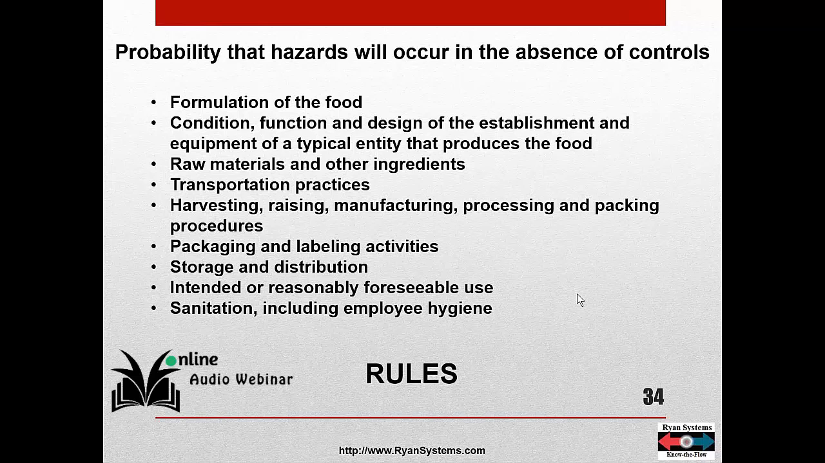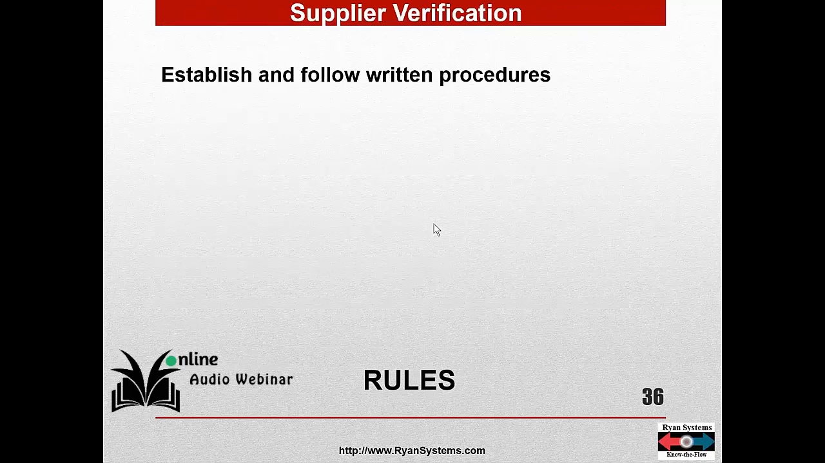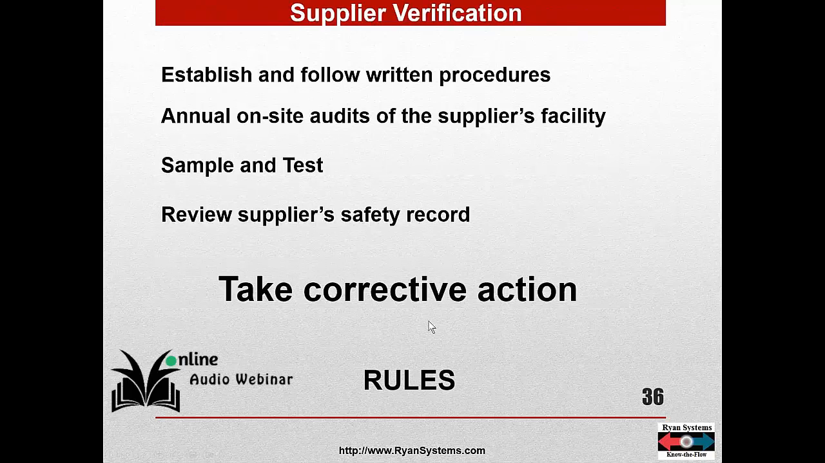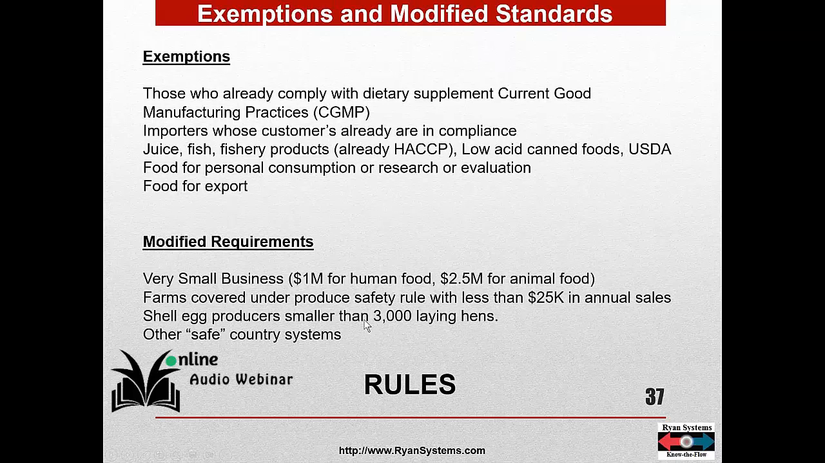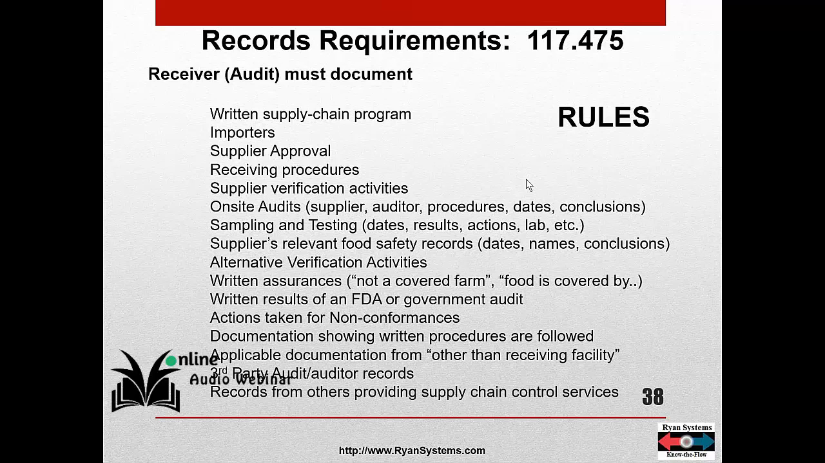Sanitation, including employee hygiene, is not under control. This typically occurs on farms and in distribution. You're going to hire an external auditor, right? Supplier verification. That looks bad. I would jump on them to get corrective action. Egg producers or hen producers: 117.475 means that you, the receiver, must document a written supply chain program, a Microsoft Access database, and keep all